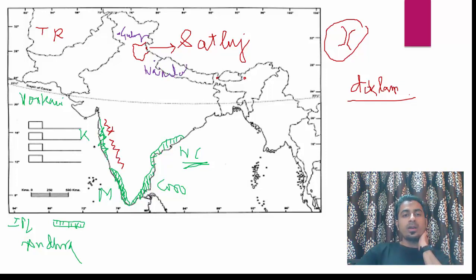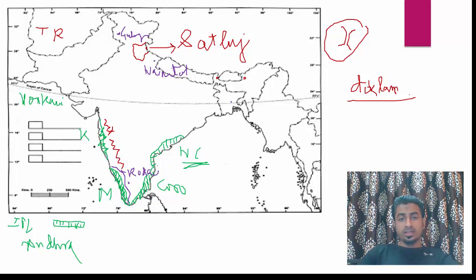Now moving on to Kodaikanal. Kodaikanal is a hill station in Tamil Nadu, but it is near the Kerala border. So if the Kerala border is like this, okay, Kodaikanal is somewhere here, and it is a hill station as I told you. Kodaikanal is in the Western Ghats, because the Western Ghats run like this to the south. Here we have got Nilgiris. In the previous slide, I told you about Nilgiris, na. So Kodaikanal is in the Nilgiris.